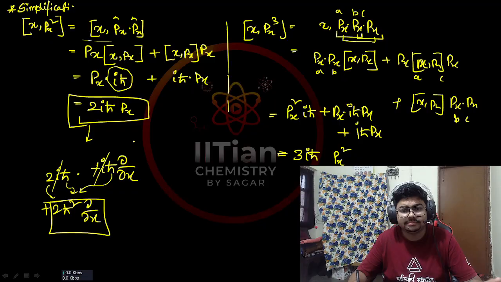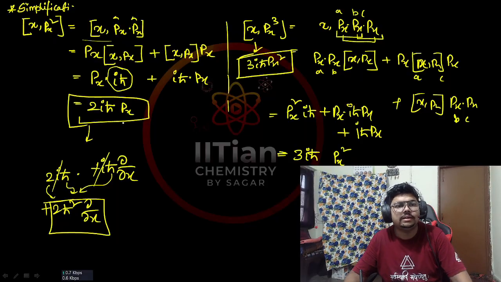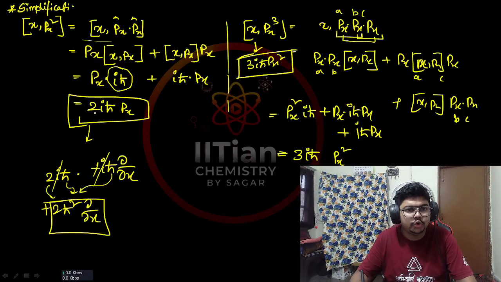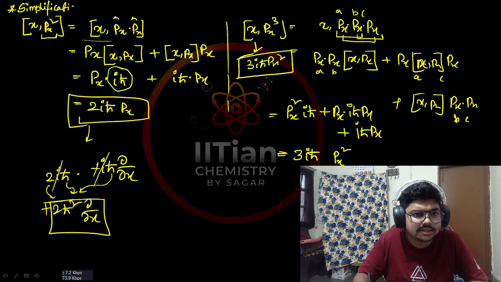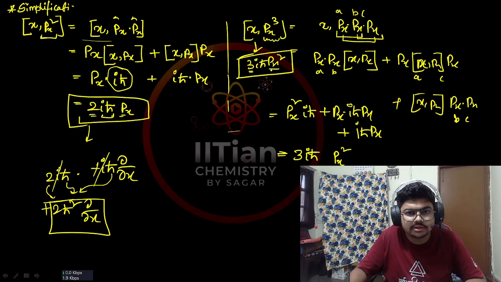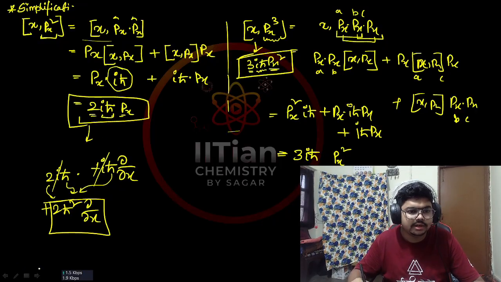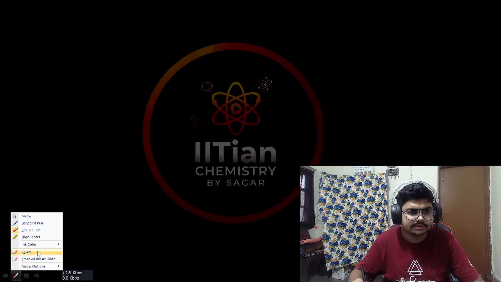Now look at the pattern. We were getting 3 I h cross px square. When there is x px square, then 2 I h cross px. That means it is basically like the differentiation of this. Px square, the differential is 2px, and additionally there will be I h cross. Similarly, px cube differentiation is 3px square, and I h cross will be there. So now can we conclude that